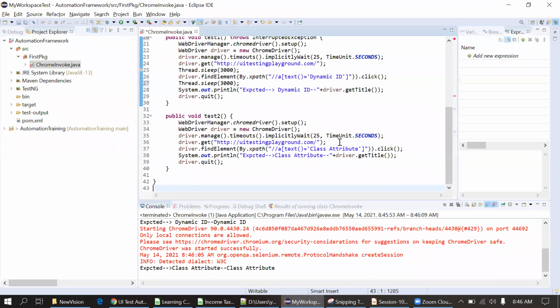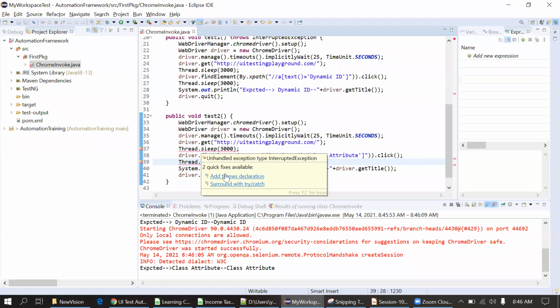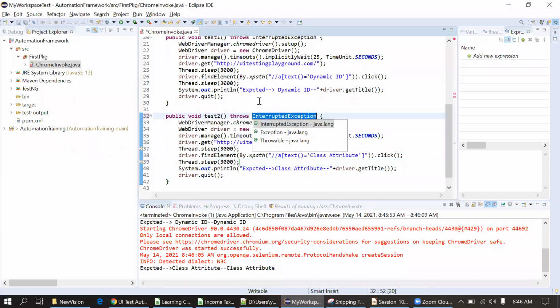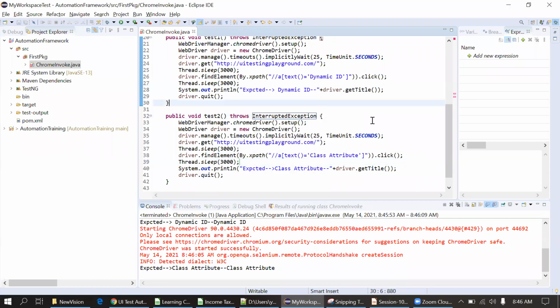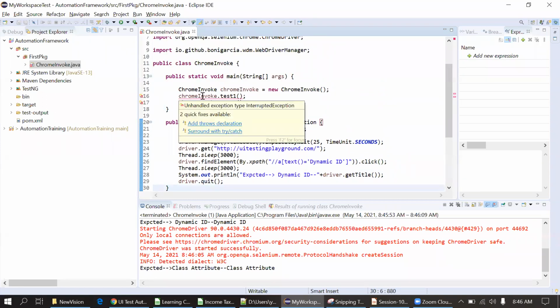Same for the second test case as well. It is not recommended. I'm just showing you this only for learning purposes. Okay, I'm just making the execution slow.